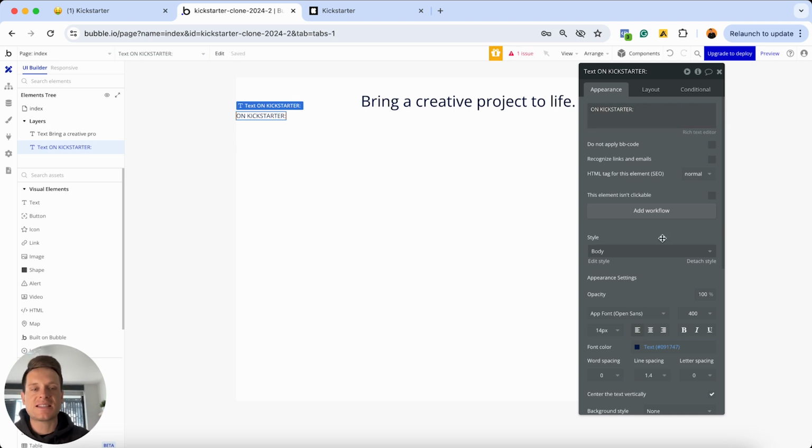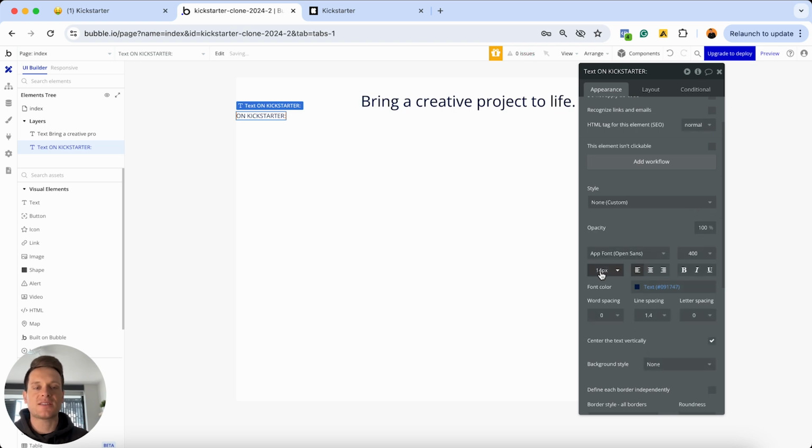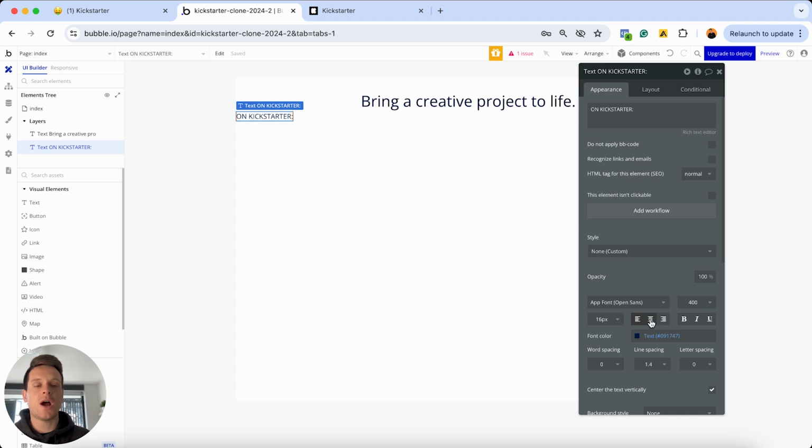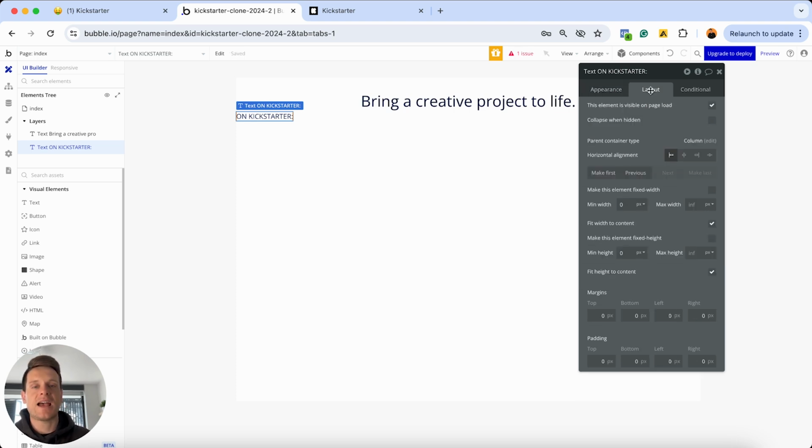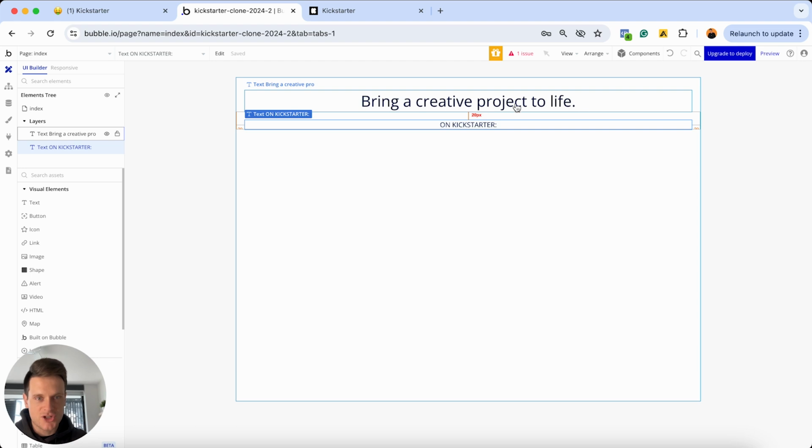And when it comes to this text, I'm once again going to detach the default style because I'm just going to update the font size to be 16. I'm then also going to align this text in the center of the element, and then I'm going to jump over to my layout tab and once again make this fully responsive, which it is by default, but I just want to uncheck that I should fit the width of this element to the content inside of it. While we're in our layout tab, I'm also going to set the top margin to be 20, the left margin to be 20, and the right margin to be 20. And as you can now see, that's not touching the existing text element above it